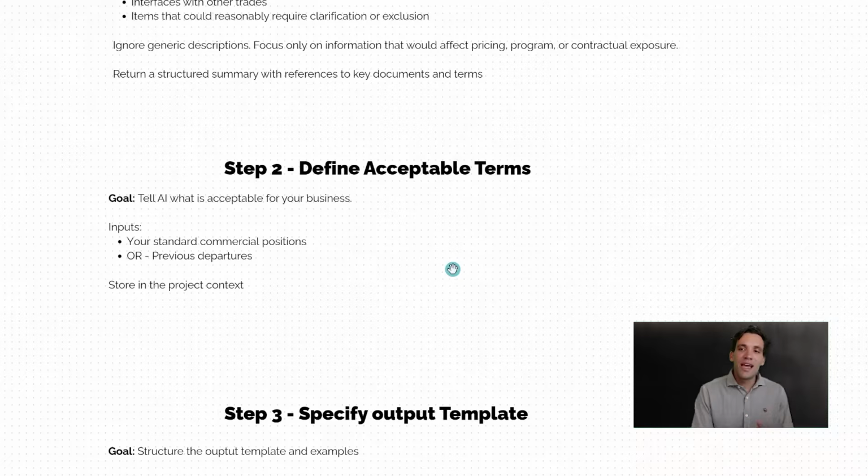So next up, you want to have a set of acceptable commercial positions. All contracting businesses should have these. If at a point in time you want to engage a lawyer or a contracts lawyer or someone who really understands construction contracts to help you generate this, I would highly recommend it. But basically, it's just a big set of terms which have all your standard acceptable positions. Like, do you accept 5% liquidated damages or do you accept 20%? How do you feel about notice periods? What's the minimum notice period you accept? What minimum payment terms do you accept? That's just a big set of terms and conditions used.